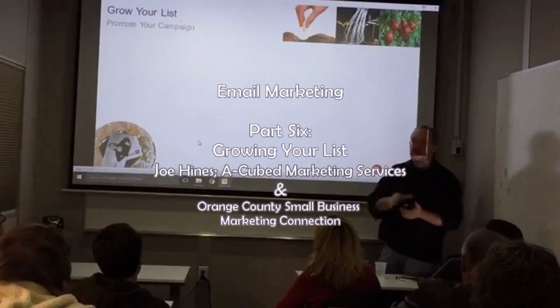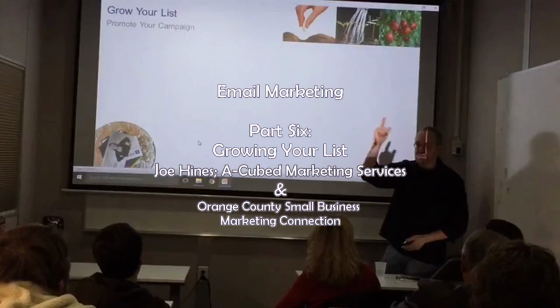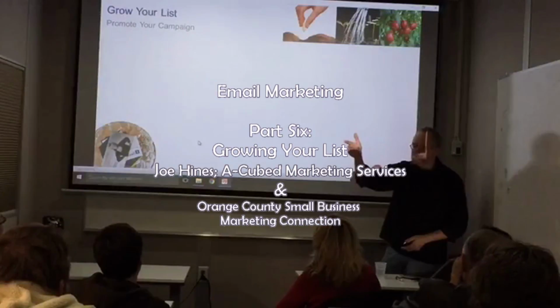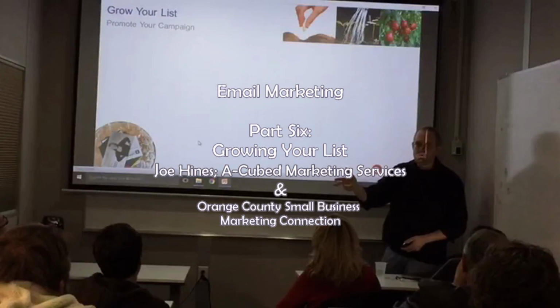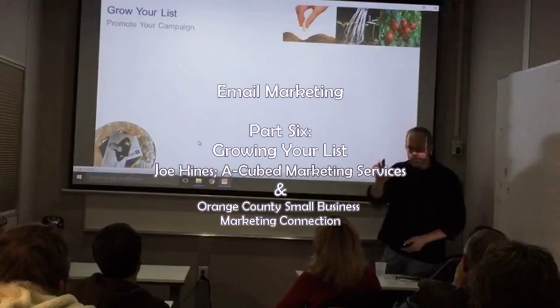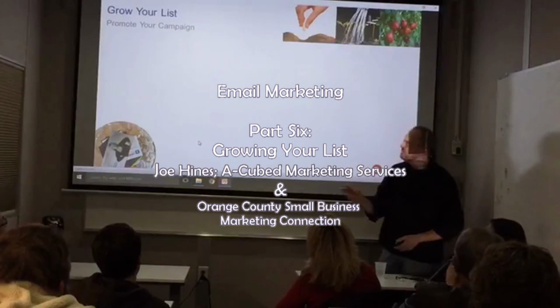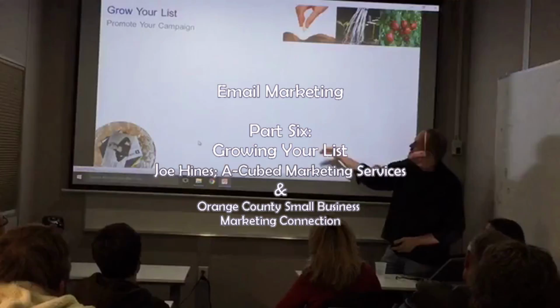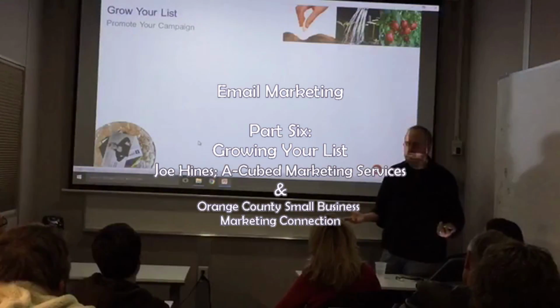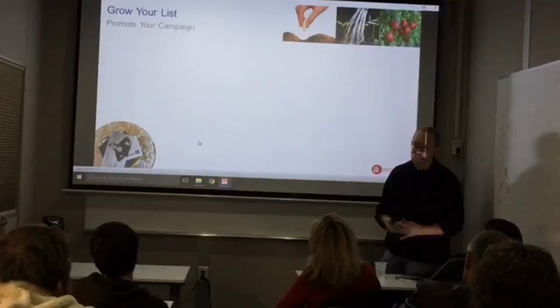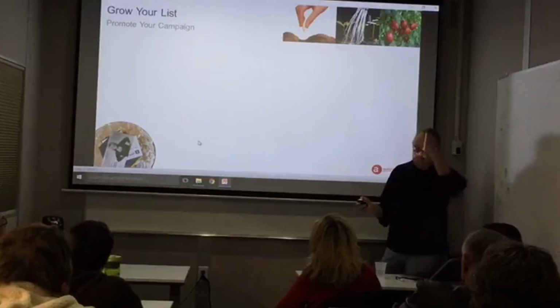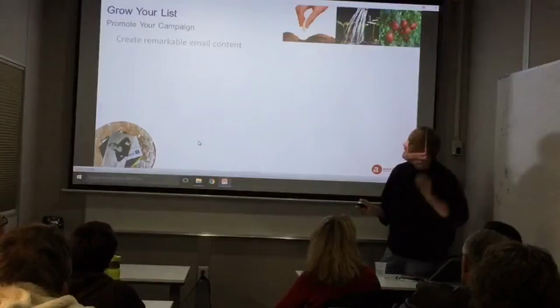Okay, so we've kind of gone through that. People have problems. People think about how they make decisions. How do we build an email that goes through that consumer behavior model I just showed you? The next thing we're looking at is, how do we grow a list? Because I need to have people to mail to if I'm going to try to do an email campaign, right? So I'm going to walk you through a few ideas to do that.